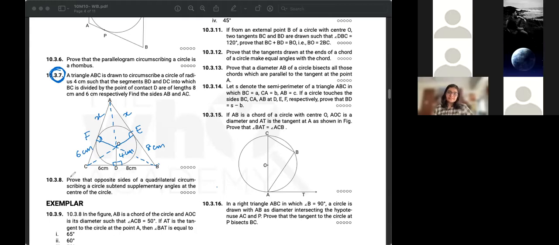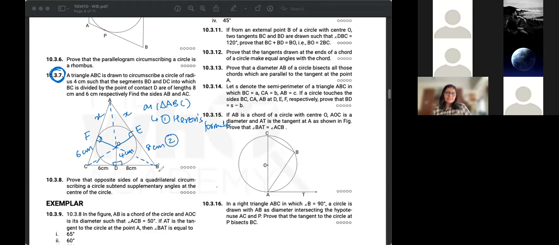Whoever is still figuring it out, this is the key: equate the areas. The area of triangle ABC is the same triangle, so it stays constant. Calculate this using Heron's formula, since the sides are known: 6 plus x, 8 plus x, and 6 plus 8, 14. And equate it to another way of calculating the area. Because we know the radius, the area of triangle ABC will equal the sum of the areas of the individual parts. So use half into base into height.